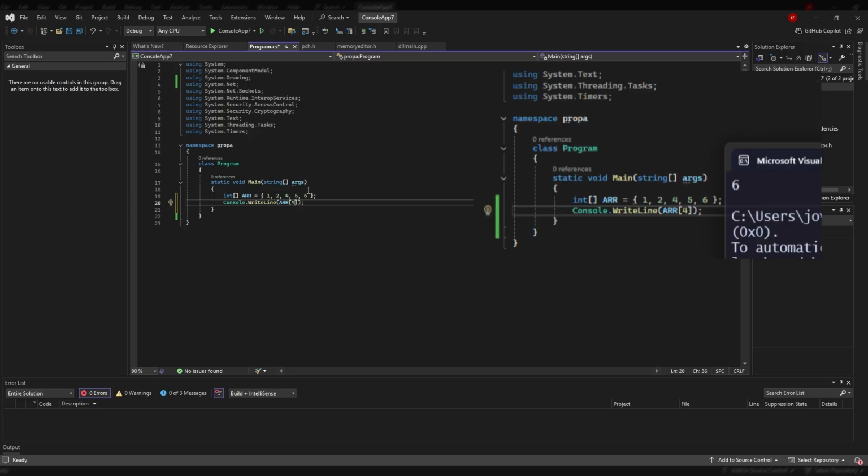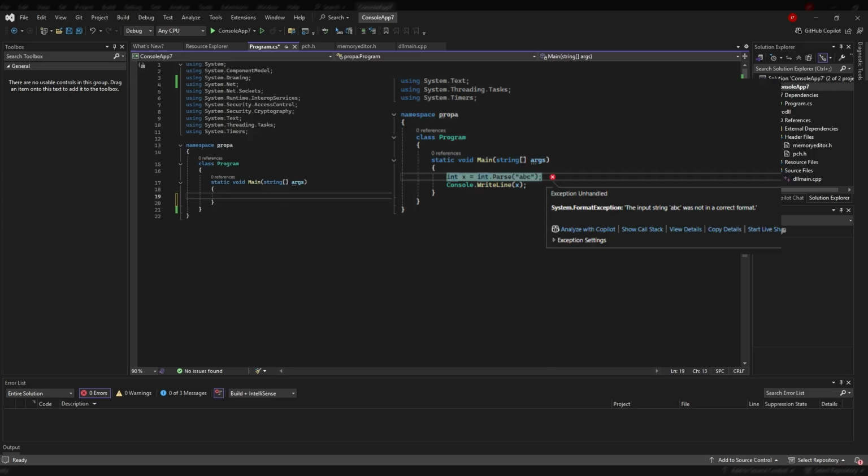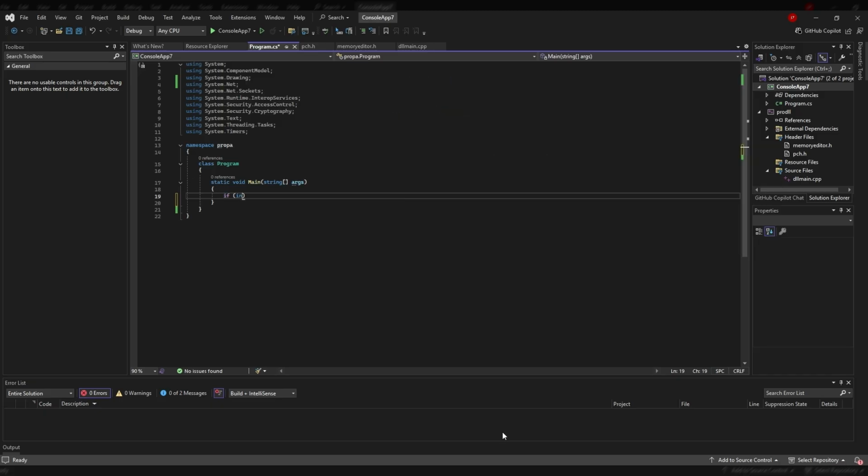Now, another problem that you might run into is if you go like this. It wouldn't work because int.parse has to have a number in it. Now, there are two ways you could fix this. Either you could put a number in the sequence, or you could put int.tryparse. So if you put int.tryparse